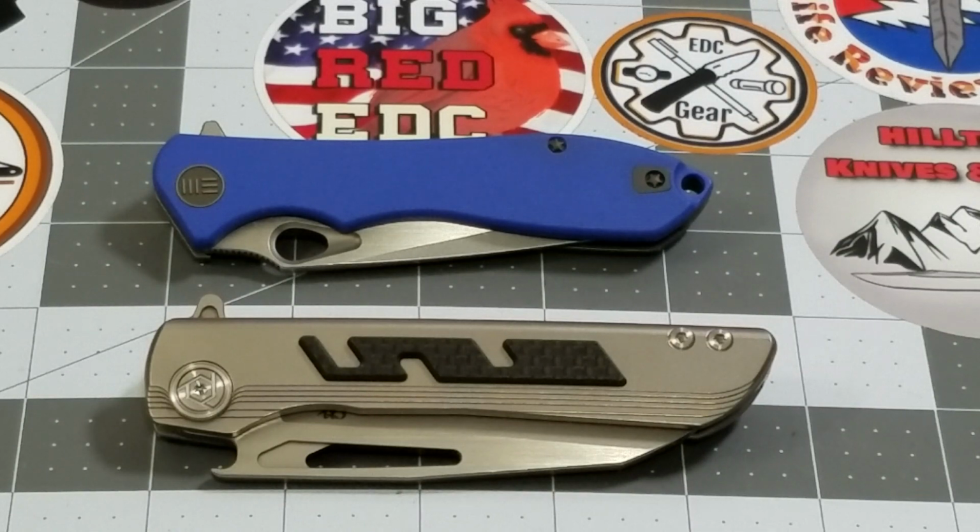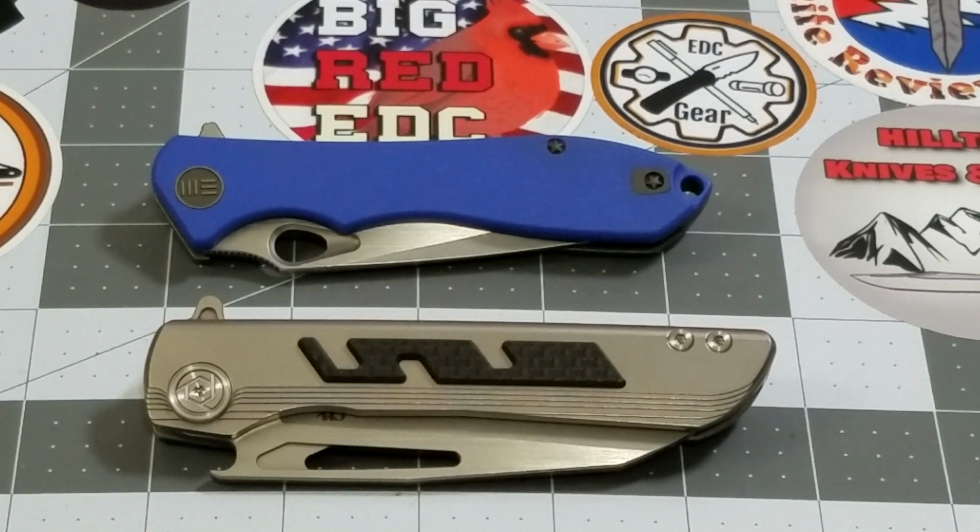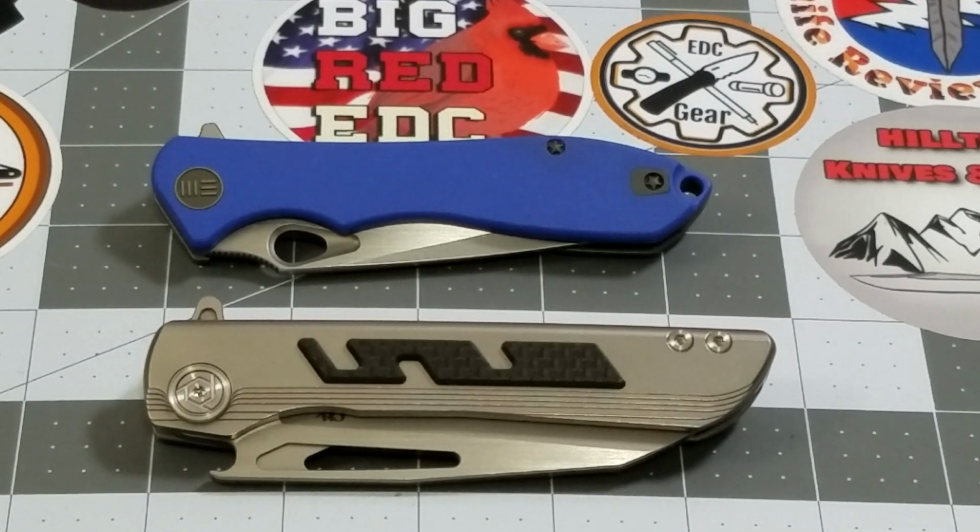As you can see, we've got a couple of knives on the table in front of us today. There is a specific reason why I'm going to take a look at these two knives together. On the top, we have the WE 715 Ignition, and on the bottom, the CH Knives Butcher 2. They're two completely different companies, I understand, but the whole reason why I am reviewing